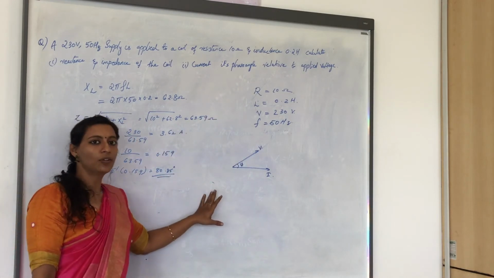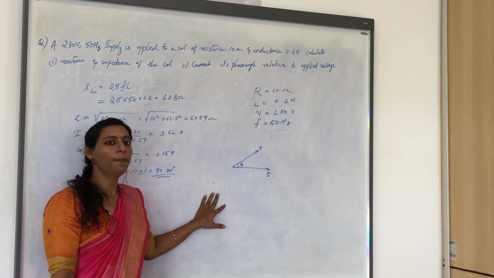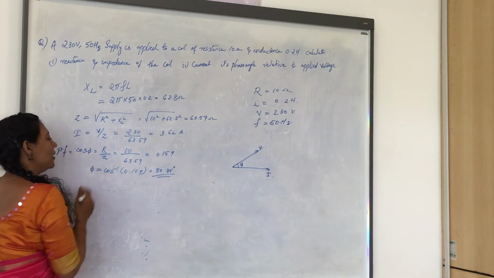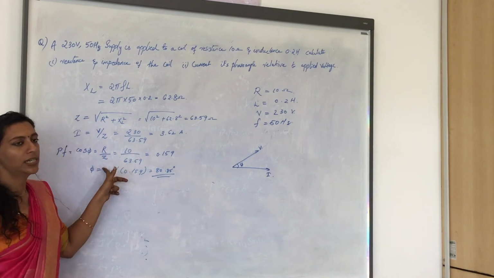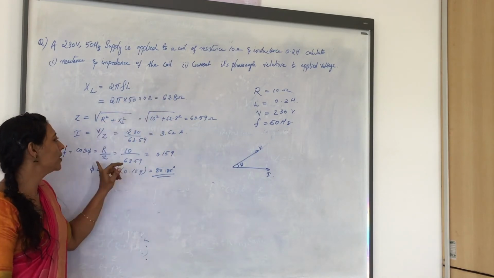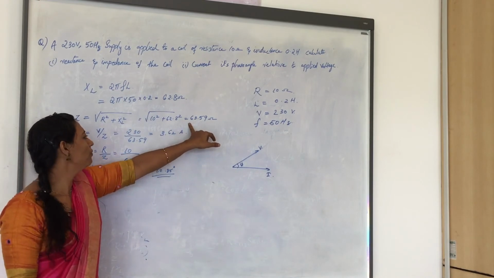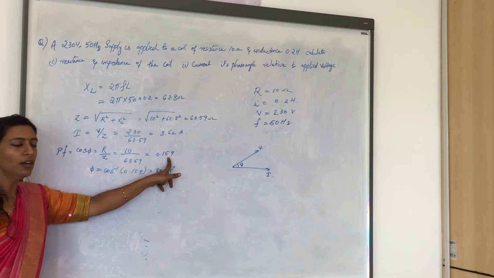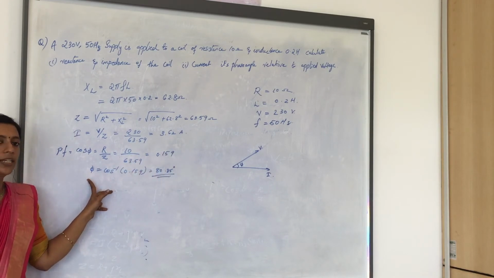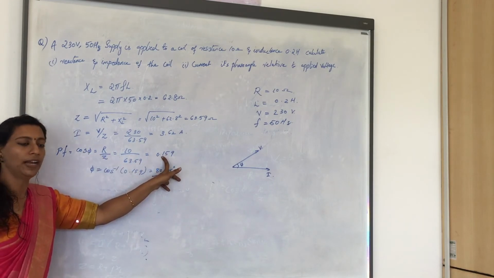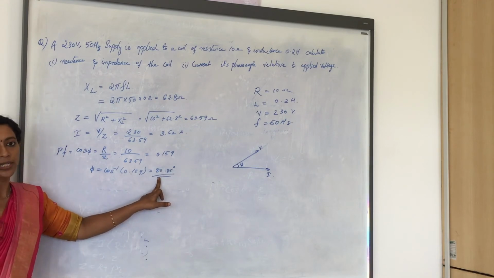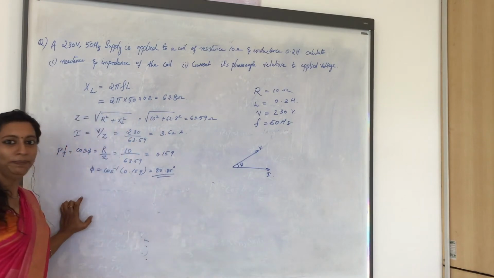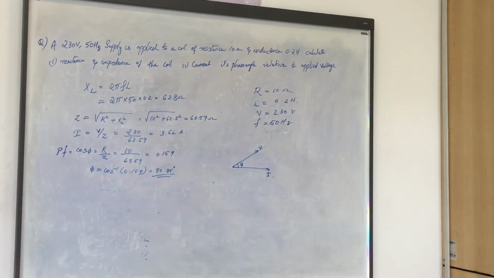The phi can be calculated from the power factor equation. The power factor is given by cos phi is equal to R by Z. R is given 10 and Z is calculated 63.59. Therefore, cos phi is obtained as 0.159. From this, phi is calculated as cos inverse of 0.159, which is 18.85. So, that is the phase angle. Moving to the next problem.